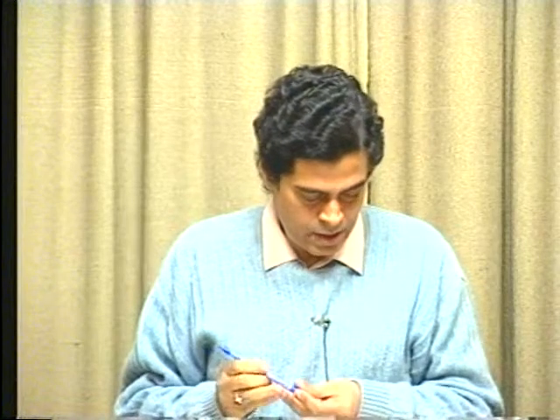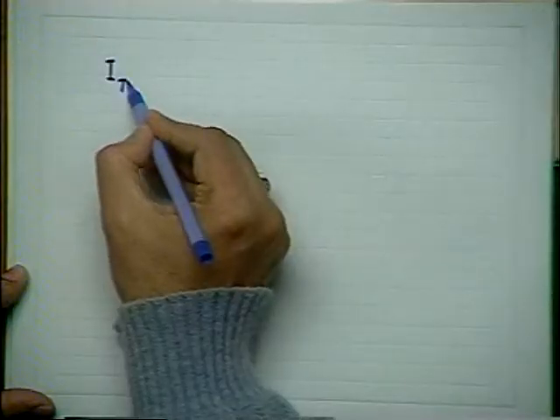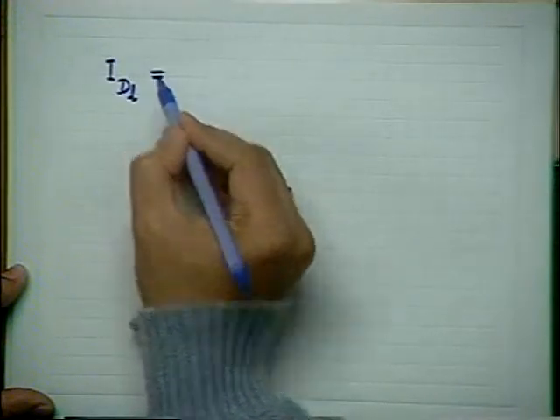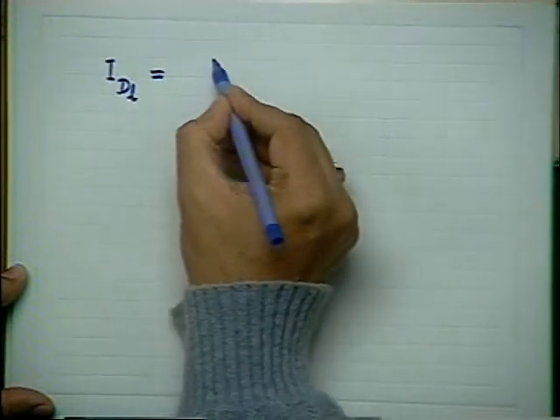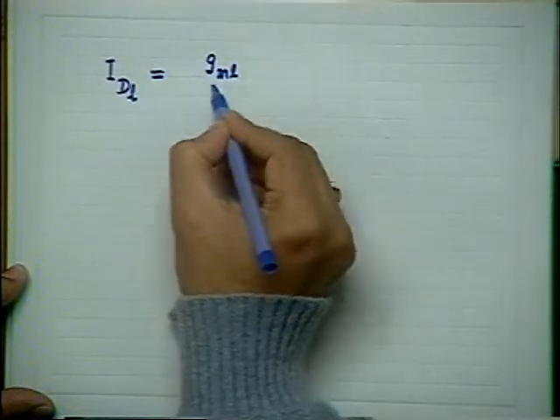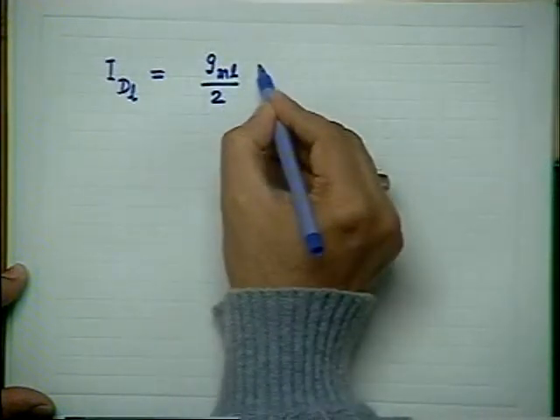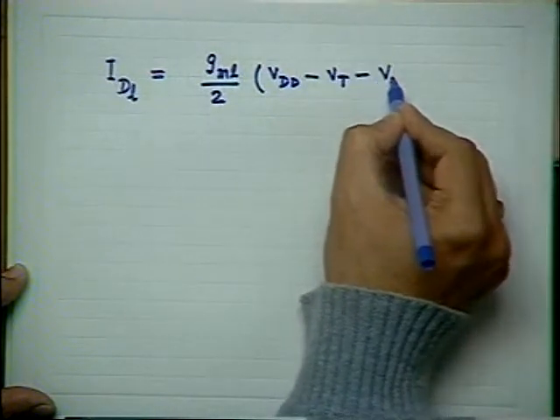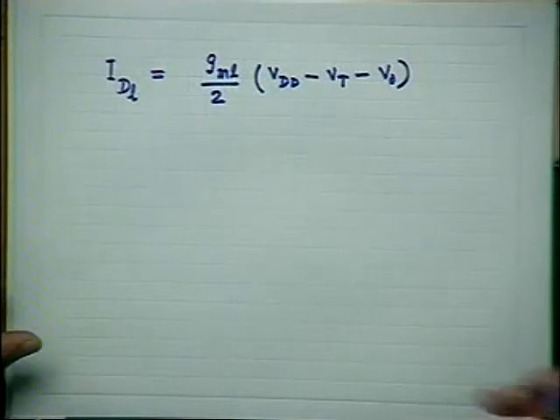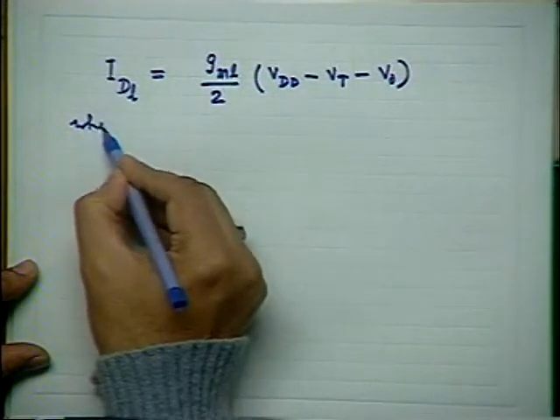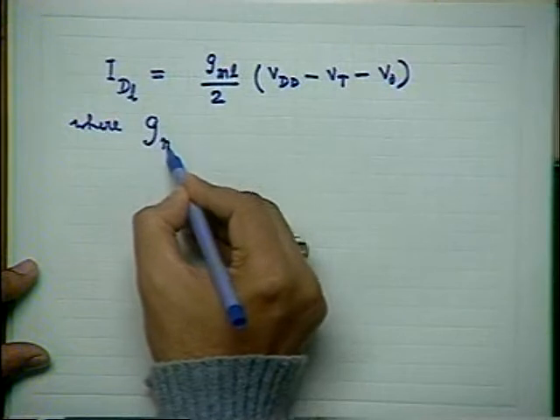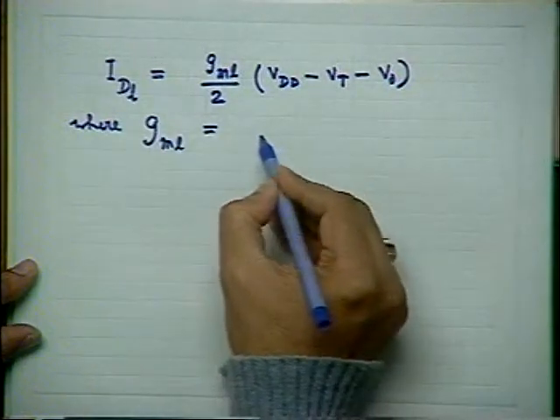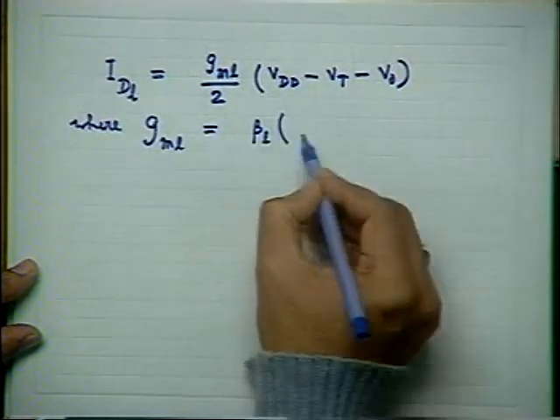Then the load transistor current, IDL as before, can be written as, let me rewrite it like this, GML by 2 into (VDD minus VT minus V naught). The load transistor is in saturation, where GML is given by beta L into